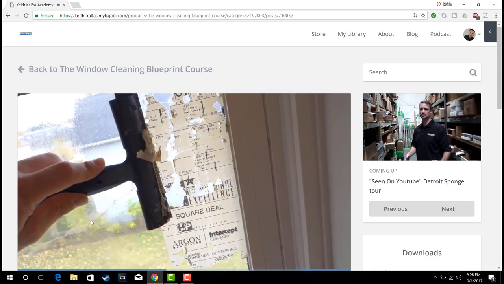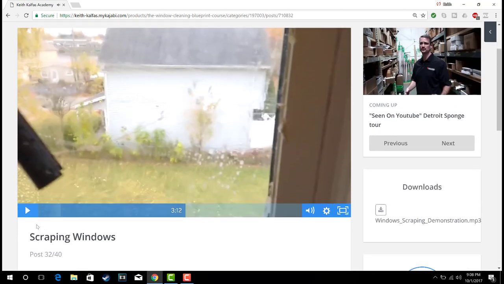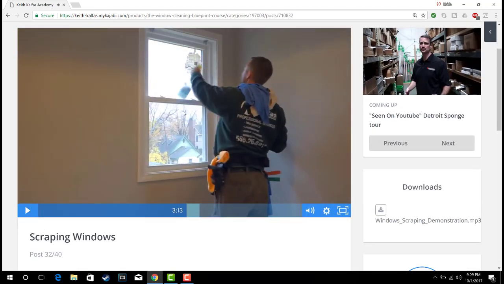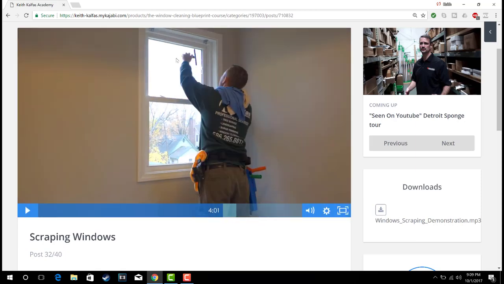That's funny. We don't normally scrape windows in my business, but that scraper was sitting in the trailer for a couple weeks and got a little bit of rust around the edges, and I cleaned it up. But the finite tip of it was perfectly clean. There was no problem with it. But it gets oxidized, and you see right there I'm teaching how to scrape windows, and there's a glass